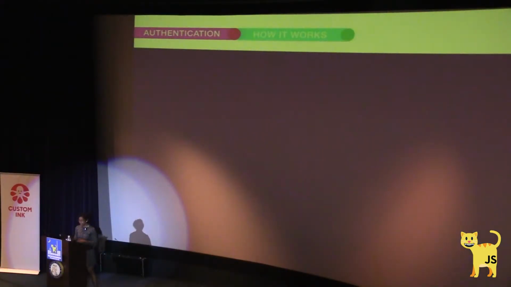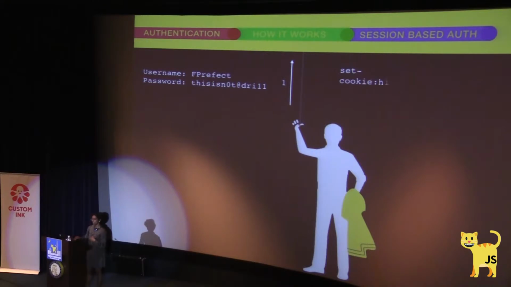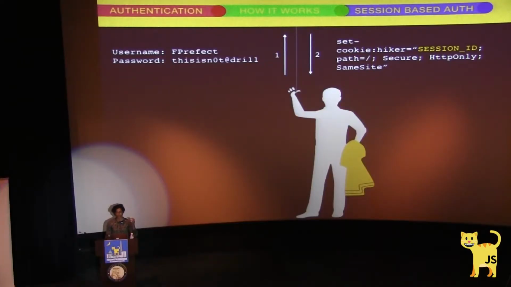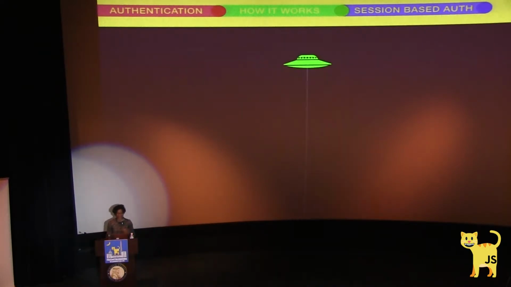And so the alternative is you can use session-based auth, which is a different way of doing it. So again, we have Ford Prefect and his towel, and he's passing a username and password up, and the server responds with a session ID and a cookie. So this is one way of doing session-based auth, which is generally how a lot of applications online handle authentication. So with the set cookie, now the client that wants to access the protected resource can send a request, and in the request header, the cookie will always be there because the server set that cookie. So this is great. And then you can always get resources, which is also awesome.